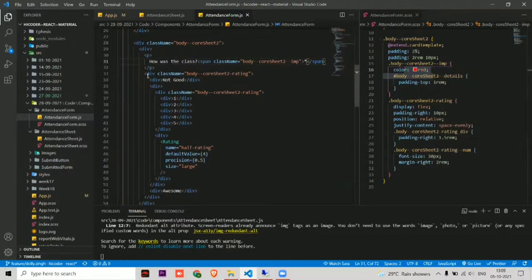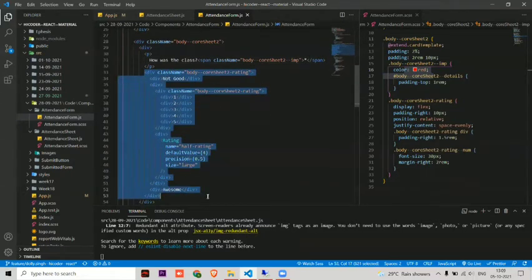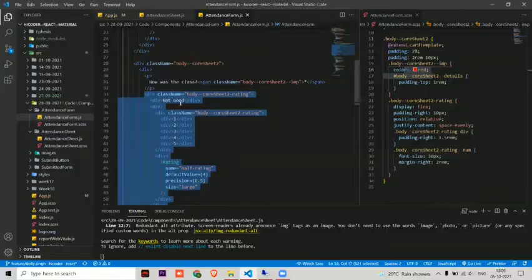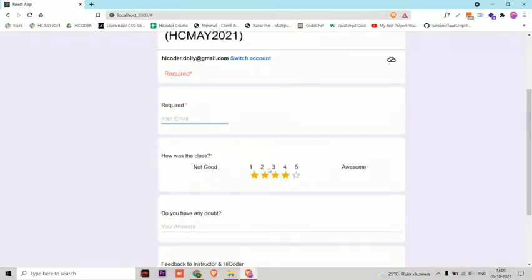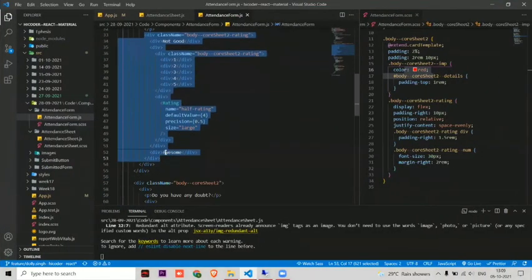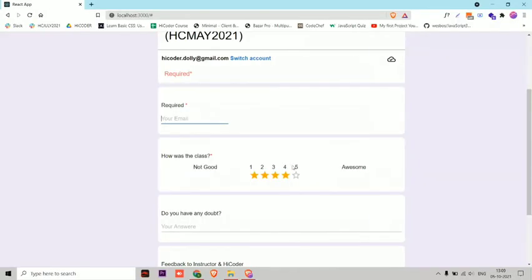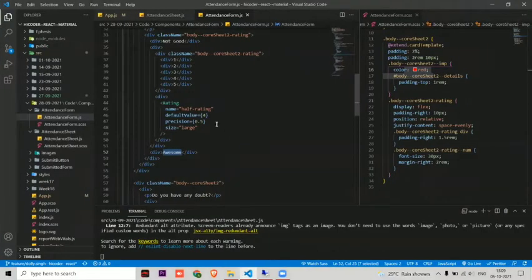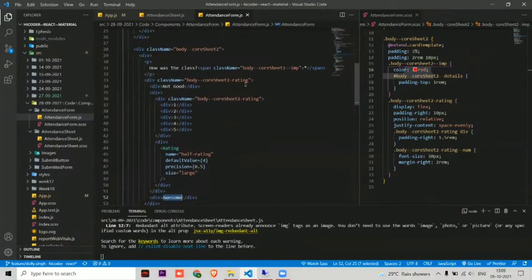Now let's come down, and here is not good, good, and some rating here. Okay, so see, not good, which you can see here, and after that rating, and after that awesome is here. Okay, so awesome. See here, for this I have done everything in div.